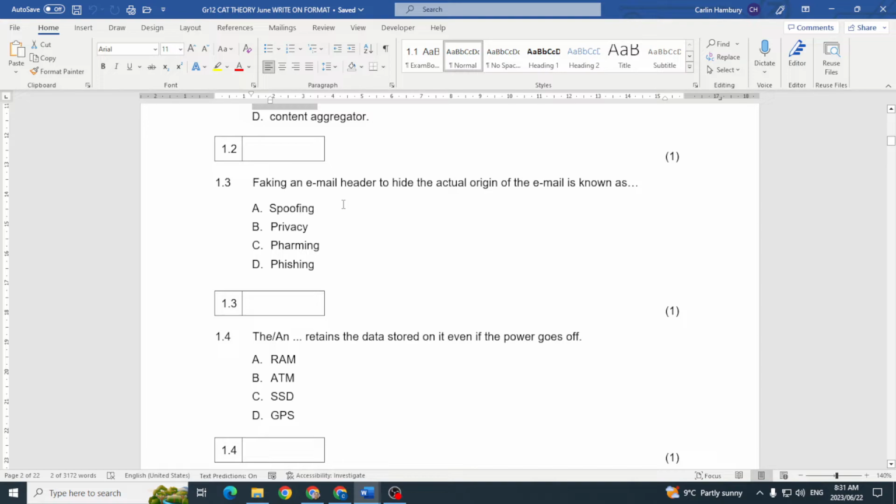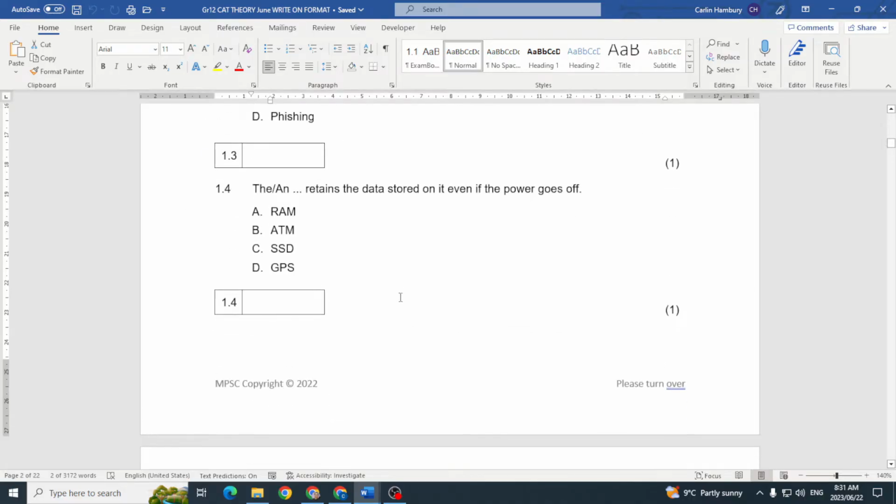Right, faking an email header. I can stop right there because I already know what that is going to be. But anyway, faking an email header to hide the actual origin of the email is known as what? That is going to be spoofing, right? Then 1.4,